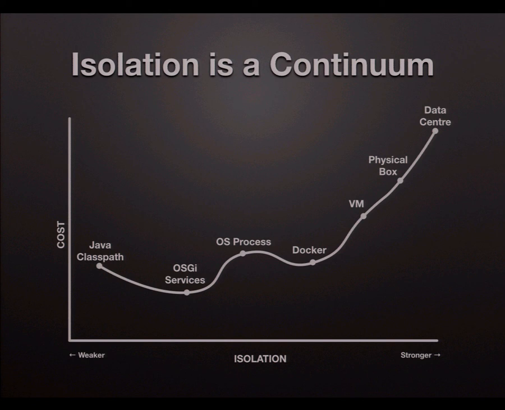But then as you go further and further, you need more isolation. Well, what if you need your application to run on a different version of Linux than the kernel that your base machine is running on? Or if you need a completely different OS, if you need to run a Linux container in a machine that happens to be Windows? Well, you're not going to get that from Docker. You can get that from a full VM. So a full VM as implemented by things like VirtualBox and VMware and so on.